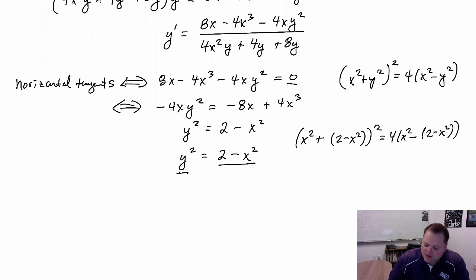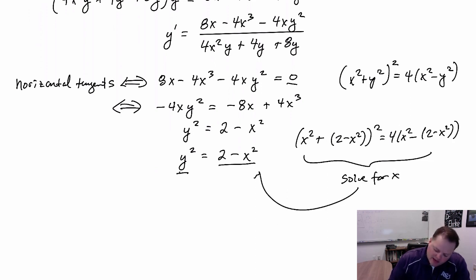And then I would have something that's in terms of just x. I could then solve this for x, and then I could plug that back into here, and that would give me the y value. That's actually kind of a lot of work to do, but do you notice that there are going to be 4 solutions to this? There's going to be 2 solutions for each x value and 2 solutions for each y value, which means there's going to be a total of 4 points